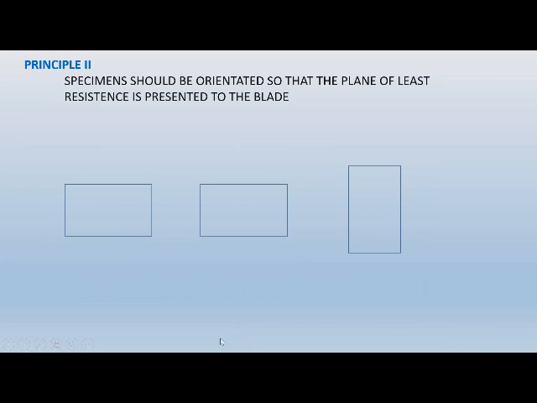To orient them to follow the rule of least resistance, if this is our block and we embedded our tissue like this, then as you can see, we are presenting the widest point of the block to the blade, and by doing that we're giving it the most friction we possibly can. If we were to simply turn it a little bit diagonally, we can still place it on the slide straight if we want to, but this will allow us to cut through small to bigger to smaller and spend very little time